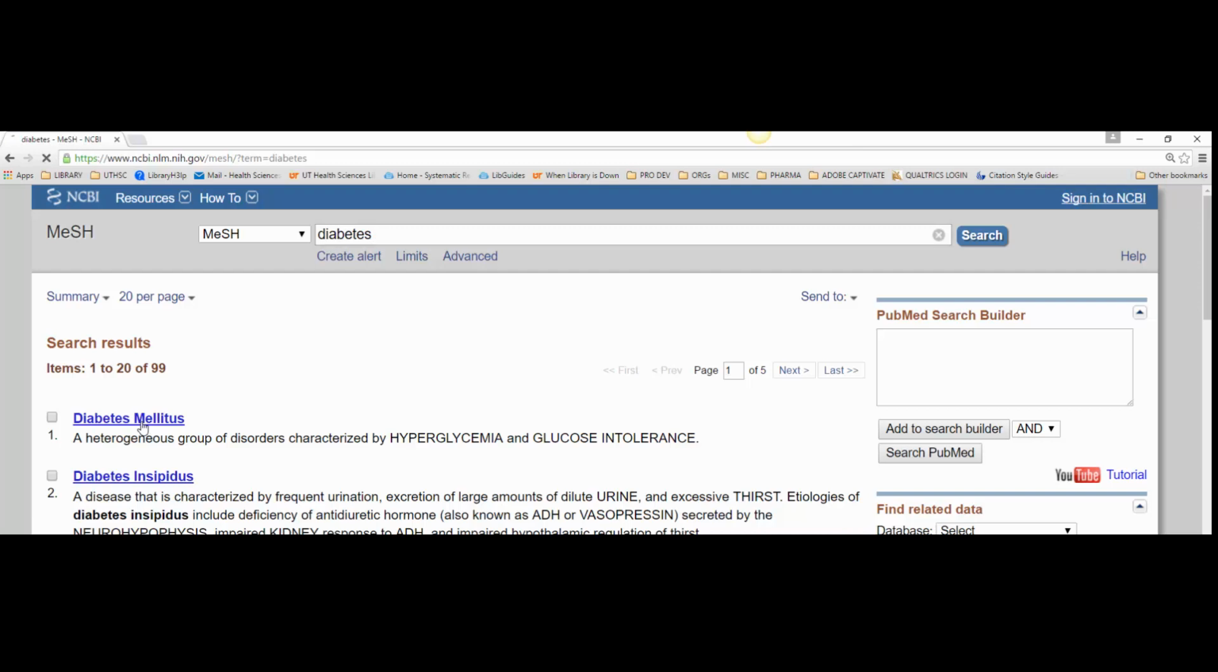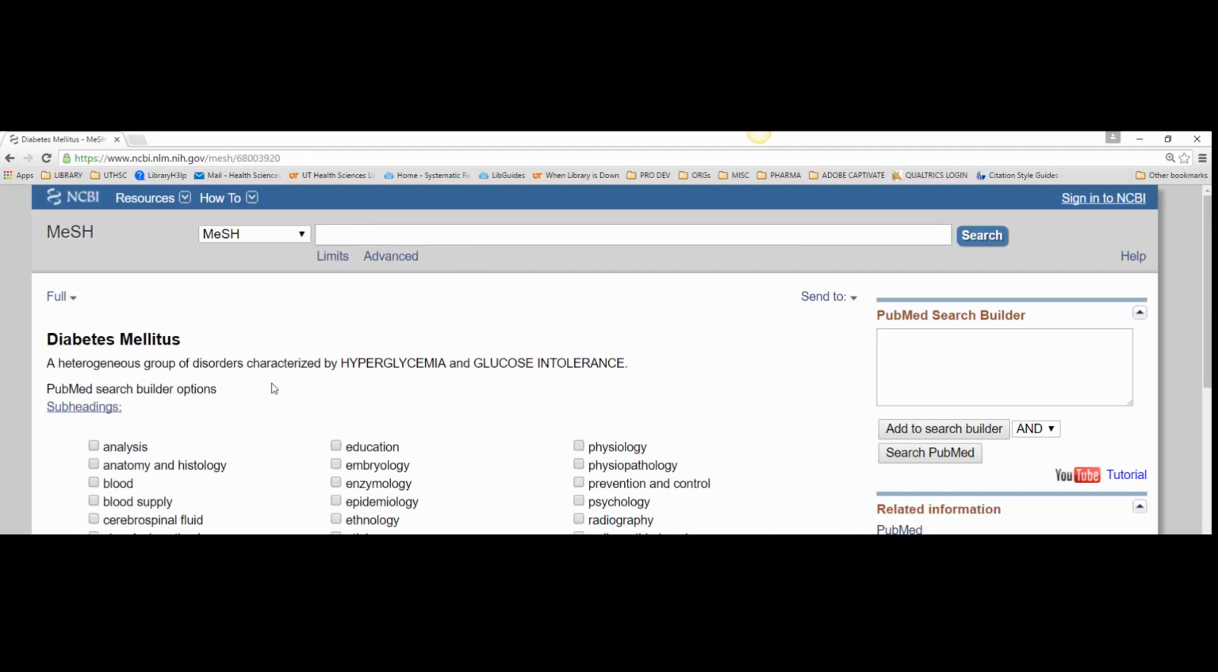You can click on the actual title to look at more information. It gives you the definition, so you can make sure that's the term that you want, and then it gives you a bunch of subheadings. There's quite a few subheadings here, and just remember when you check something here,